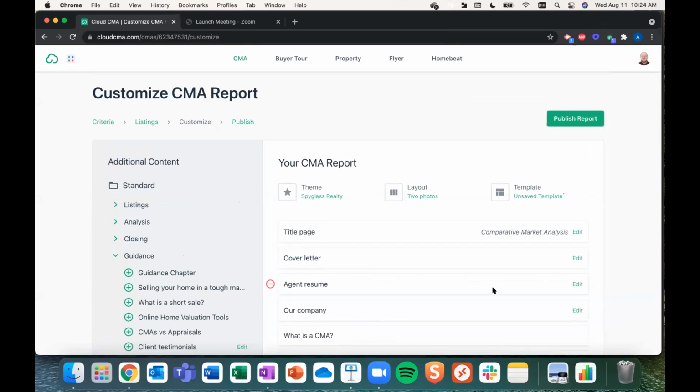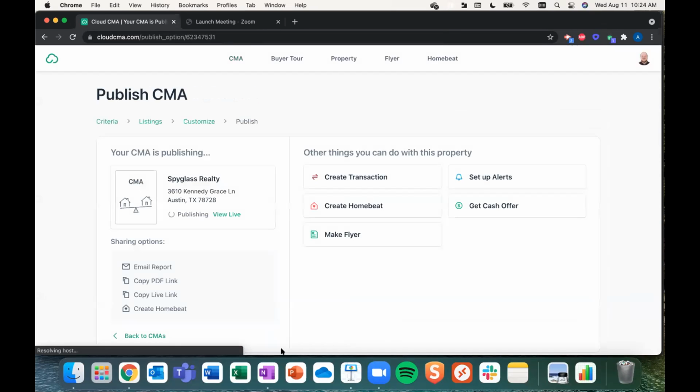Now from there, once you get your report looking like you want it to look, you go through, you customize everything, then you can actually publish your report and get it out to your client. Now you will notice when we publish the report, we're going to have some of those very typical sharing options. Of course, if you want to email the PDF or the live version out, you are more than welcome to